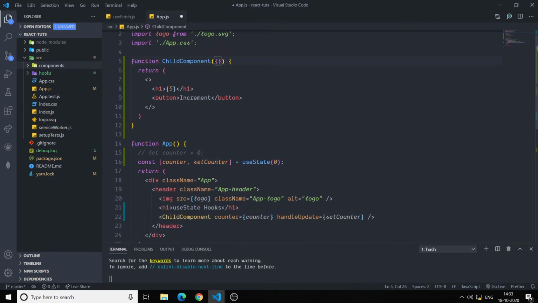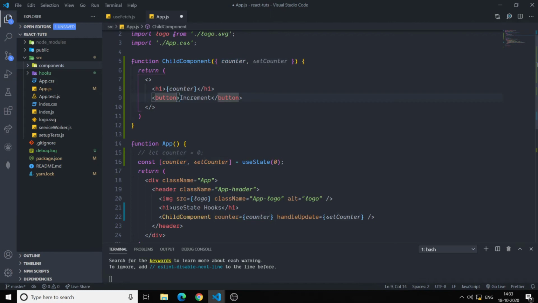And what I can do is destructure the counter and handleUpdate from the props. So instead of showing this, I can now show the counter because I have passed it through the props and caught them here.